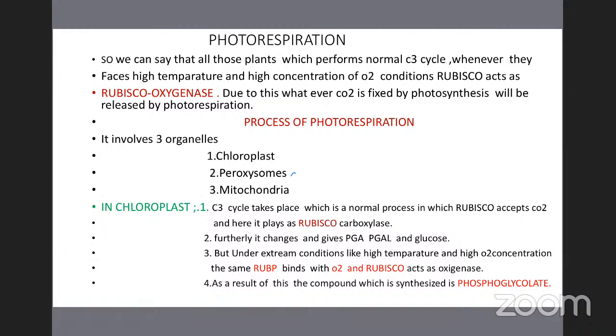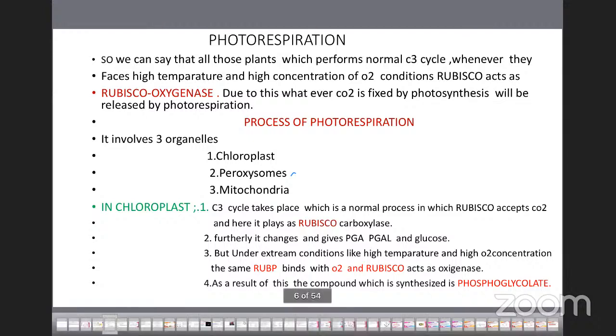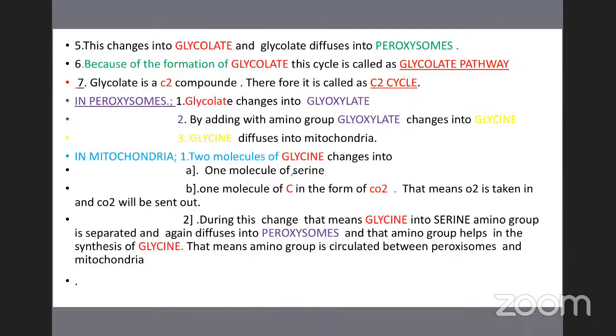If we observe the process of photorespiration, it takes place in 3 different organelles. First one is the chloroplast, in which Rubisco acts as an oxygenase. Under these conditions, RuBP reacts with oxygen and results in the formation of phosphoglycolate,